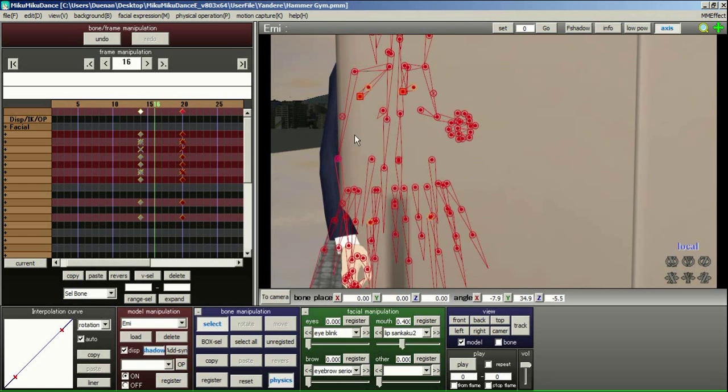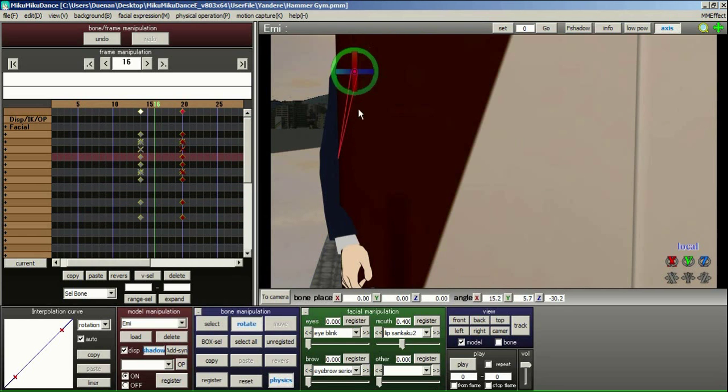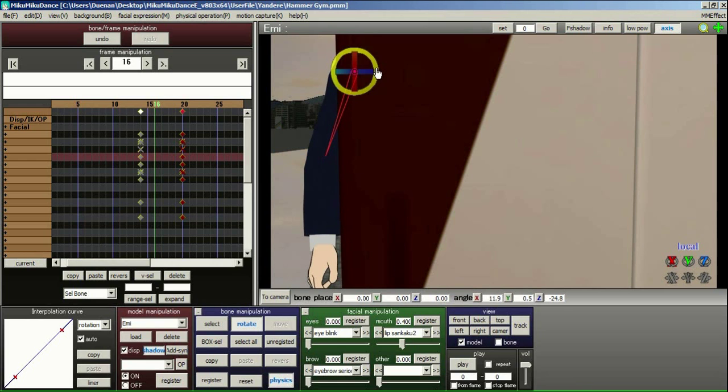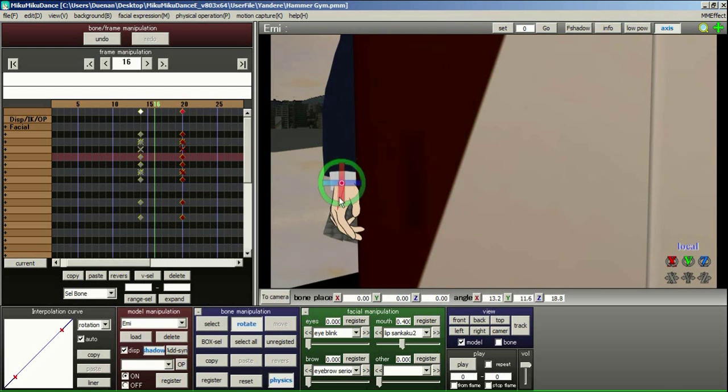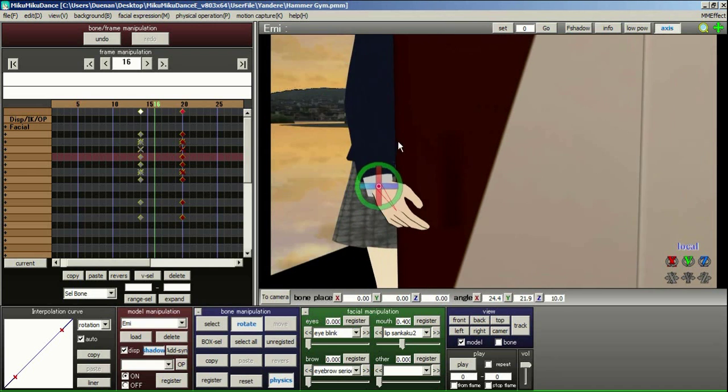There we go. And now I'm just basically going back and doing the in-betweens, trying to line up the movement of the door